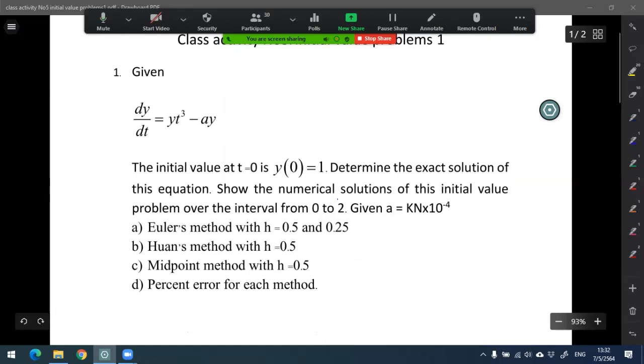show you that the methods of Euler, Heun, and midpoint can perform to give us the results of the differential equation, and the precision of the result obtained from these methods in comparison with the exact solution. Okay, and in order to understand the concept of the numerical method for solving ordinary differential equations first,